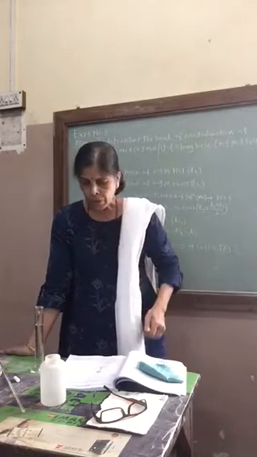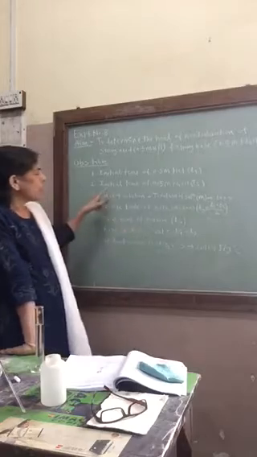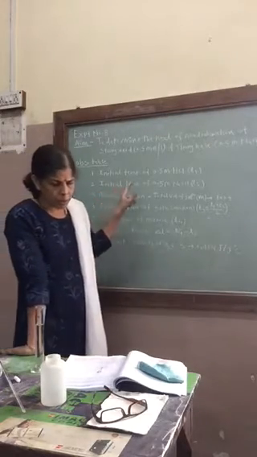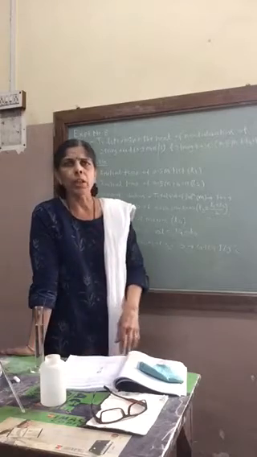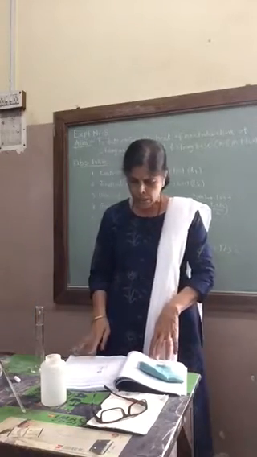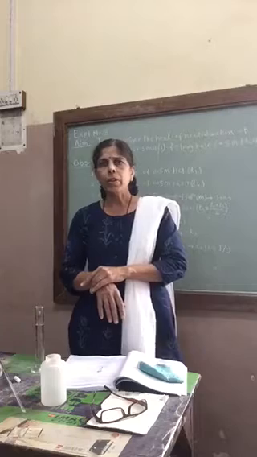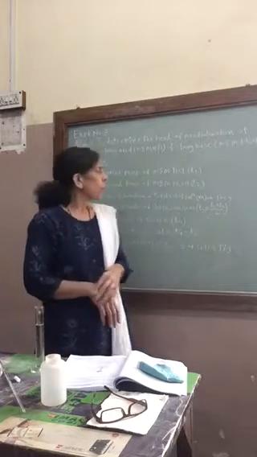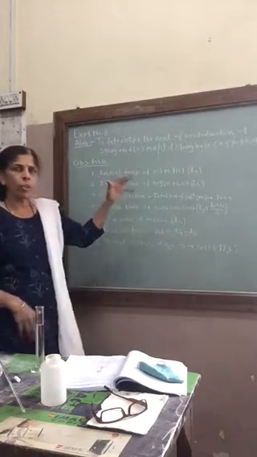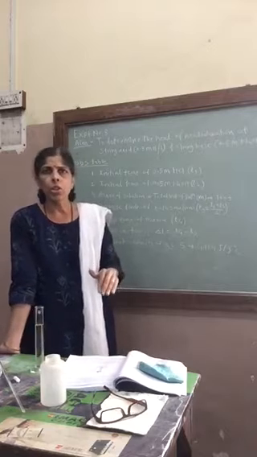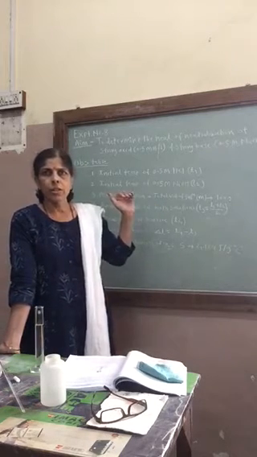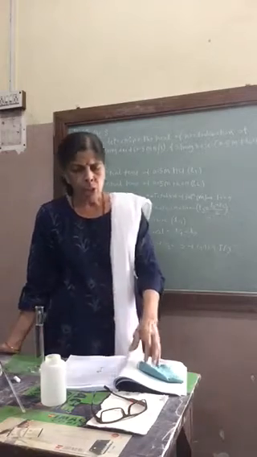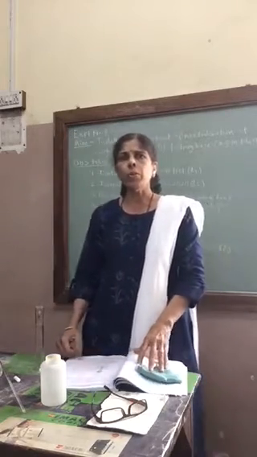So the observation table is given in your handbook on page number 36. The experiment is starting at page number 35 and the observation table is given on page number 36. I will show you the experiment procedure, and side by side I will write down the observations, and by calculations you will afterwards get the heat of neutralization.